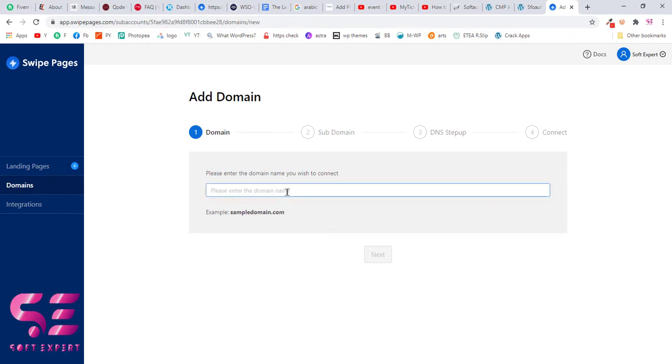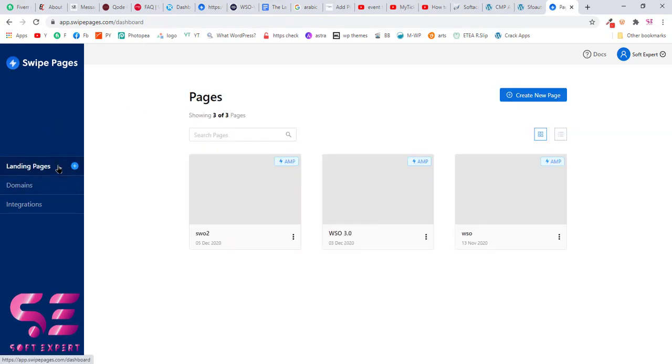Now before adding a domain, you will have to point your DNS and the domain setting to swipe pages, and that is very simple, and that is dependent on your domain provider how you can change the DNS. So once you point DNS to swipe pages, then you can add your domain here. You can click next. If you want, you can add a subdomain, and this is the DNS setup, and then simply connect. So here you can add a domain, and now the main part is landing pages.